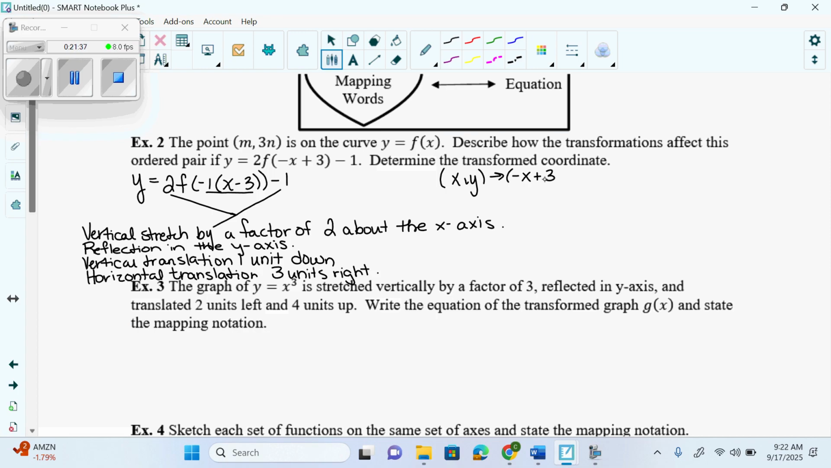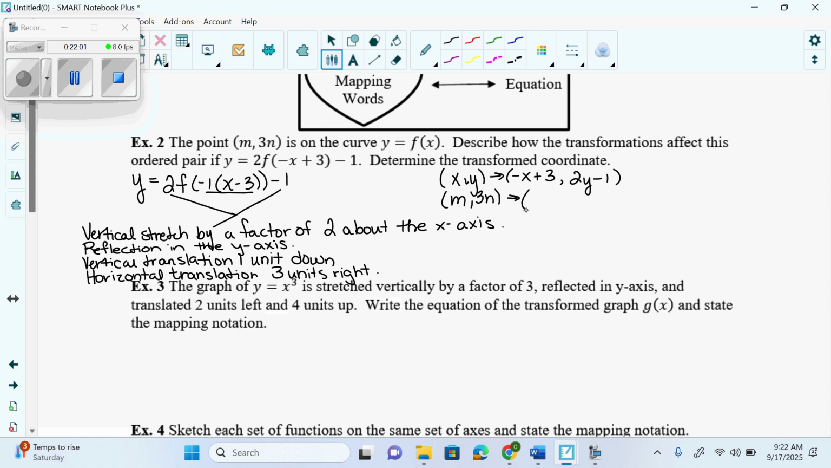If I go from words to mapping, it's a reflection in the y-axis. It's a -x, 3, right? I add 3, right? Same thing. Y's don't change. So it's 2y minus 1. And then I apply my coordinate, the m and the 3n, into that. So I'm going to get m, comma, 3n